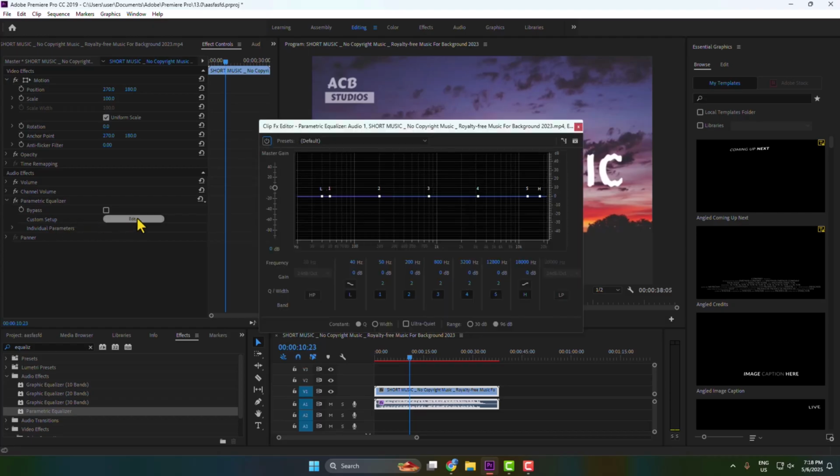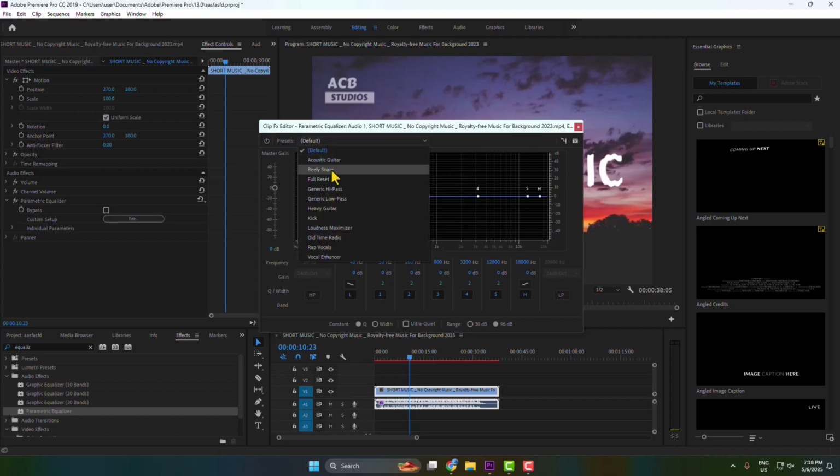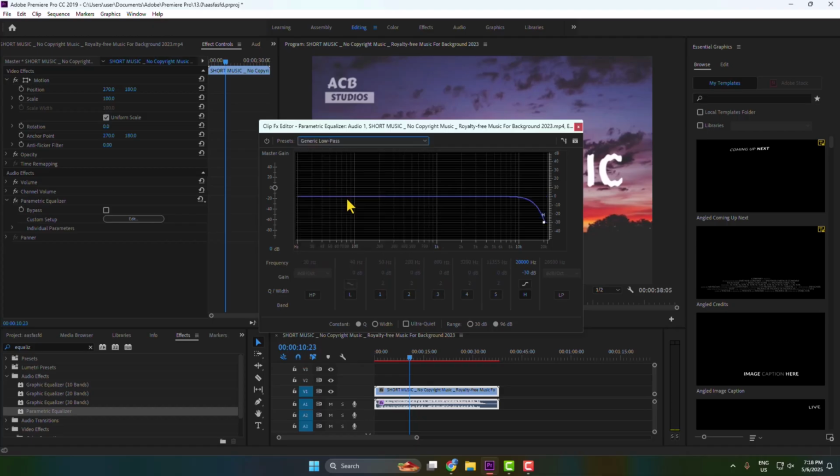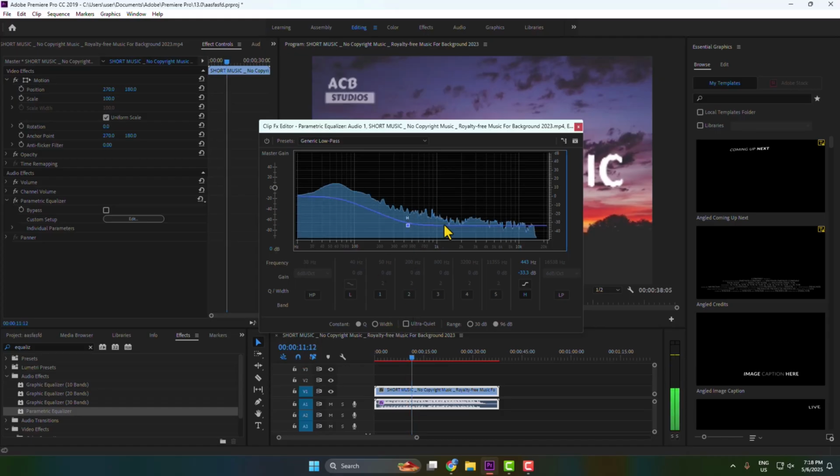custom setup, and here click on this preset drop down and select generic low pass, and then by clicking on this H dot you have to adjust your sound just like this. Just press the enter key on your keyboard to play the music, and now you can hear the music and adjust